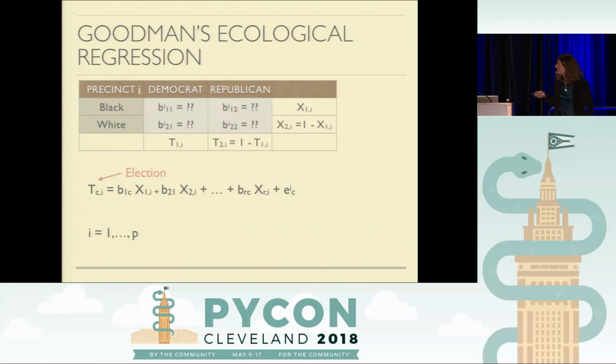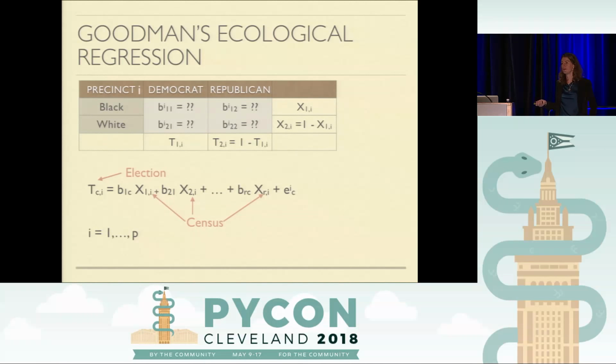All right, this is the state of the art for the second half of the 1900s. This is Goodman's ecological regression, which was heard as a potential solution to the ecological inference question in different court cases. And the key observation here that we're going to use in the model we'll be looking at is this equation down below the table. So let's just notice that the total proportion of the population that goes Democrat, say, is a linear combination of these coefficients of interest times the census data that we have.